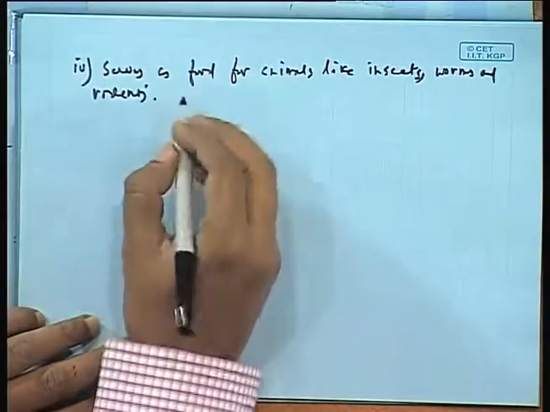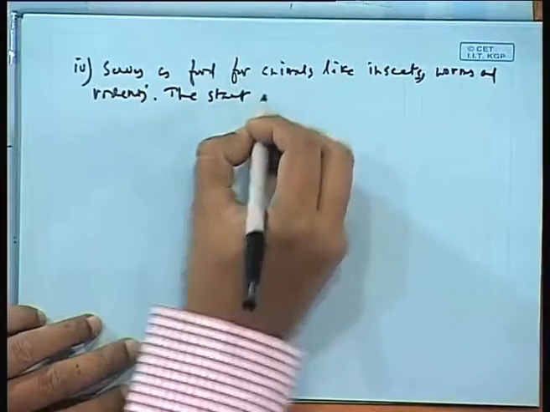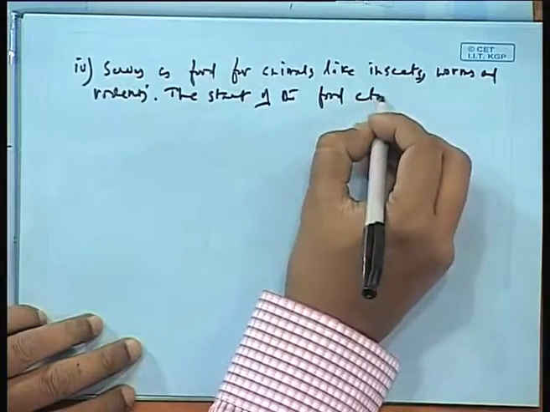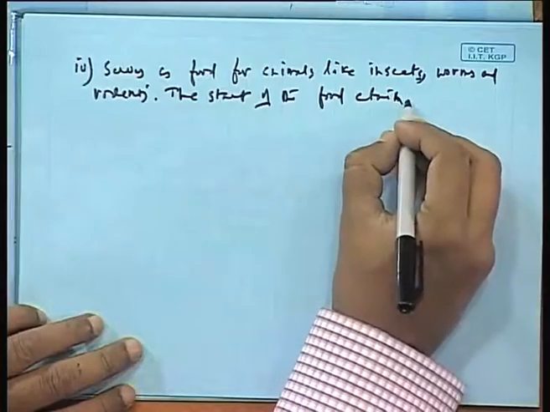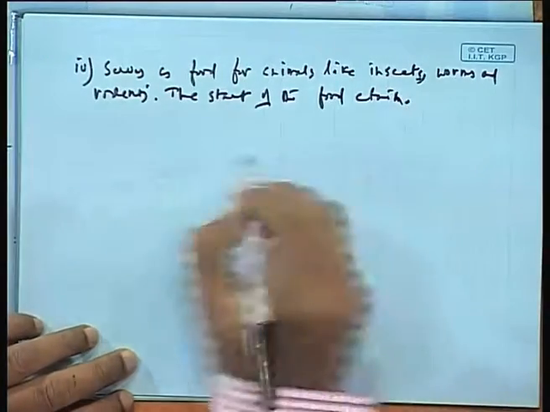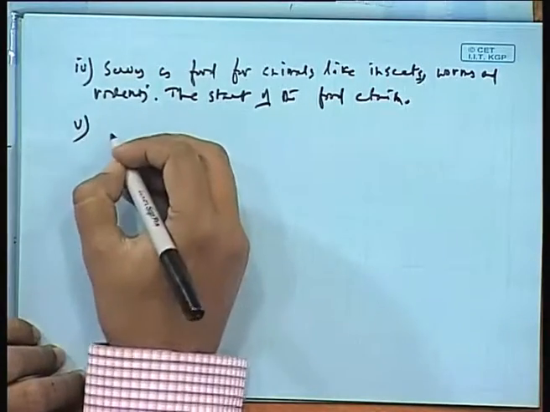So you can say it is the start of the food chain. The start of the food chain is of great importance. This is where the food chain starts. The fifth point is